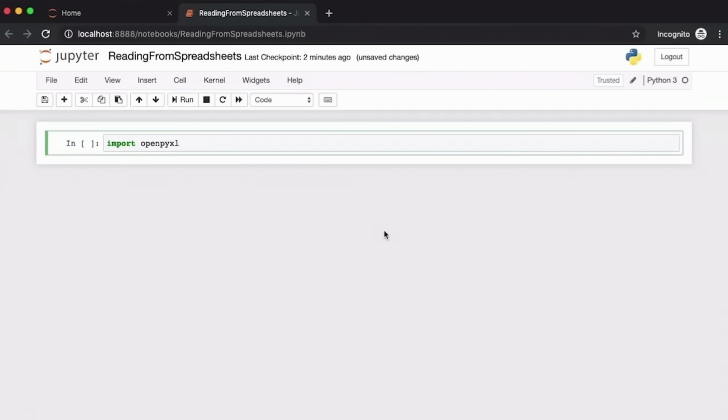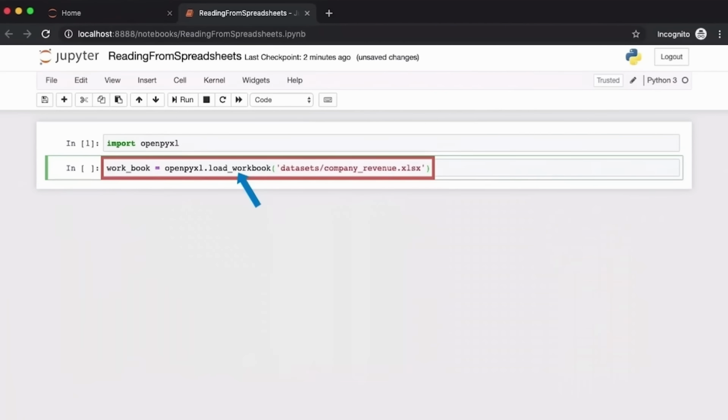Let's switch back to Jupyter and let's import the Openpyxl library. This is the library that's going to be the bedrock of most of the examples in these courses. Once we've pulled that library in, the first order of business is to use the load_workbook command. This is a method which is available within the Openpyxl library, and this gives us a handle to the workbook which is present at a path specified. The path specified here is inside the datasets folder, which is one of the folders we looked at a moment ago, and the name of the workbook is